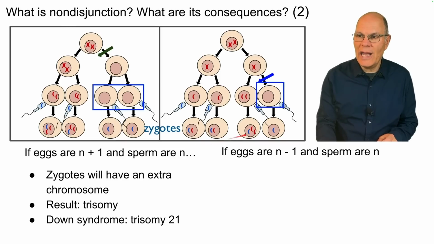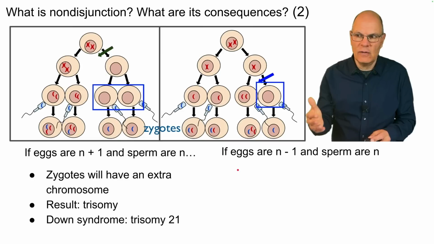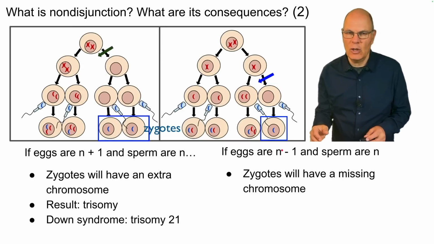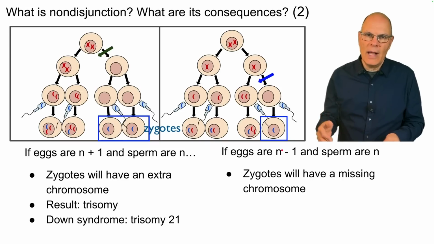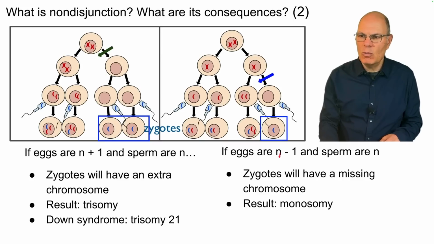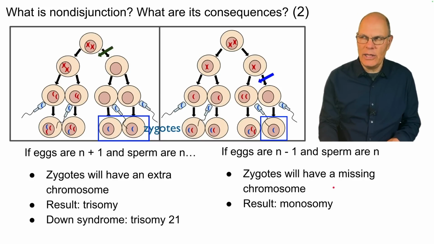If the eggs are N minus 1, like over here or over here, and the sperm again are carrying a normal number of chromosomes, so that's not necessarily the case. You can have non-disjunction that occurs during the formation of sperm as well, but then the zygotes will have a missing chromosome. So they'll have all of the homologous pairs, but one will be short. And the result of that is a monosomy, and most of those aren't really survivable except in the case of